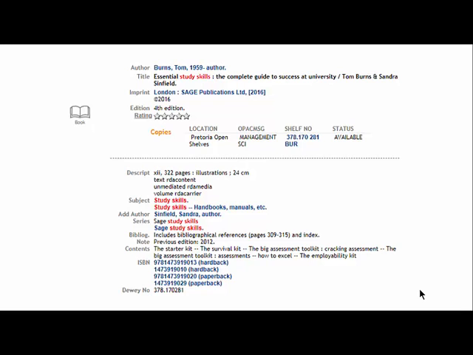In this example, which is a screen clip from a library's catalog, the following bibliographic fields have been used to describe this specific book: the details of the author, the title of the book, the publisher and the place of publication, the date of publication, the specific edition of the book, a short description of the physical aspects of the book, the subject areas covered in the book, the details of additional authors of the book,